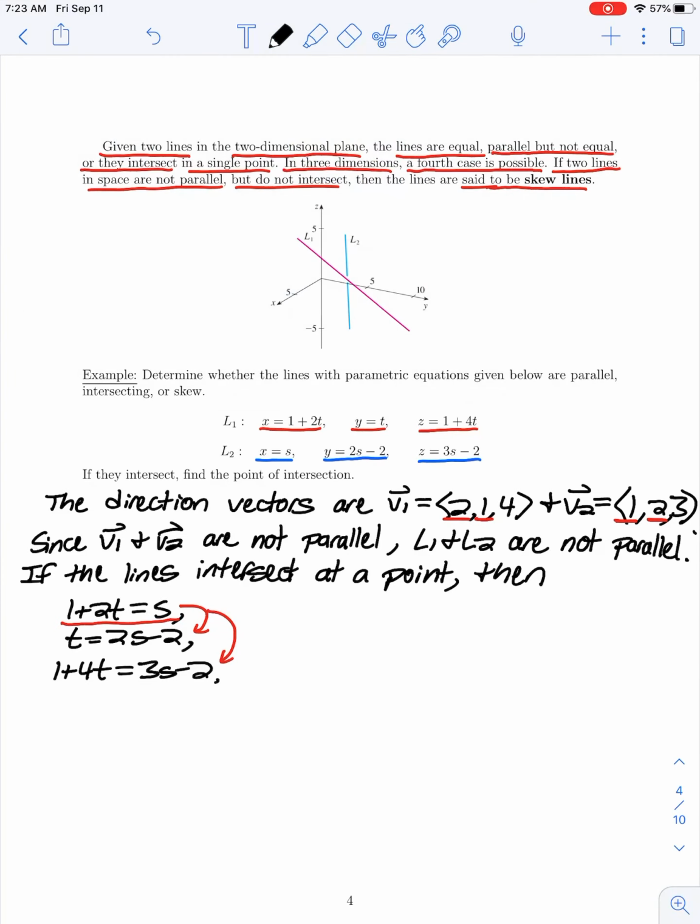So here, taking my first equation and substituting it into the second and third equations, I would have the following. Substituting s, which is 1 plus 2t, into the second equation,